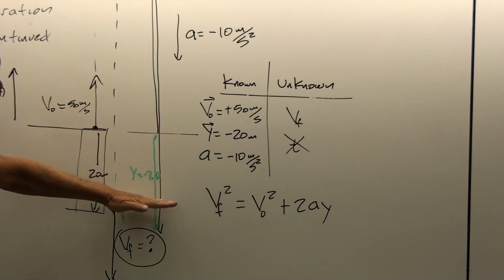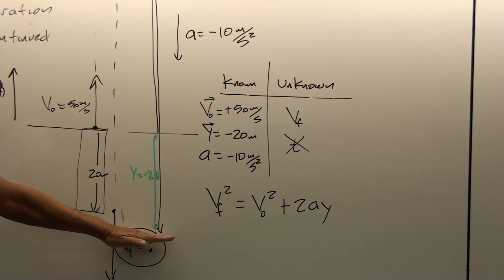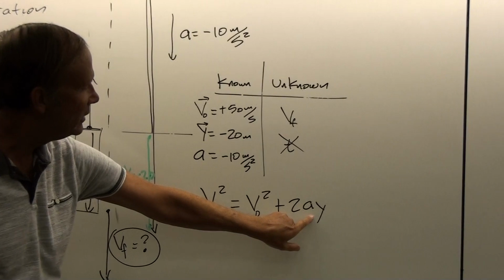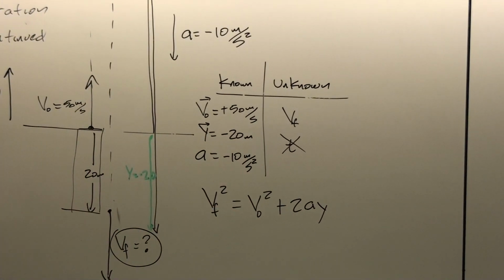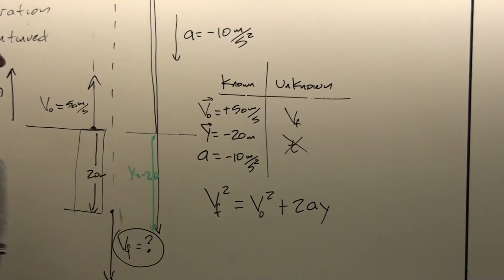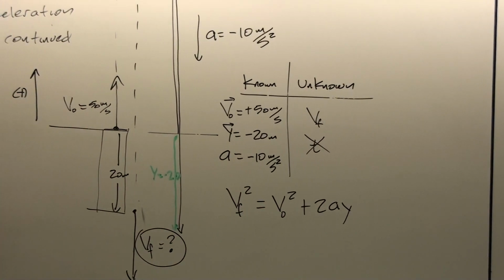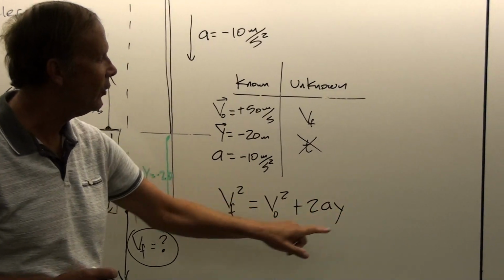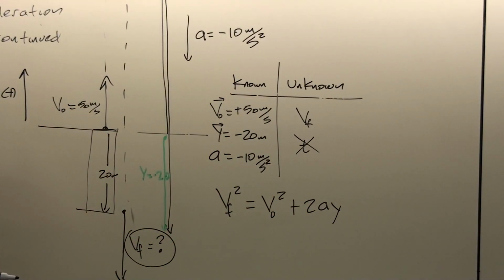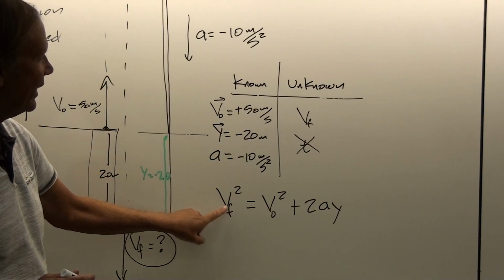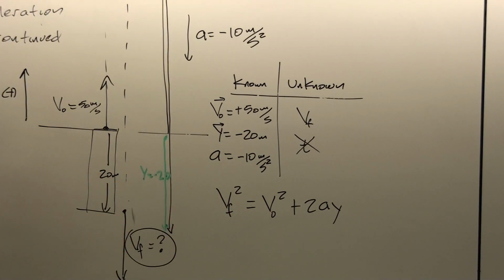So if we just went to there, then the final velocity would equal the initial. But then now it's got time to pick up speed until it gets to minus 20. So that's going to add a value there, and that's going to make v final larger than v initial. And so if you make a minus sign error here, which would be an easy thing to do, maybe you only make one of these negative instead of both of them, then you'll know that that can't be right because v final will be less than v initial.